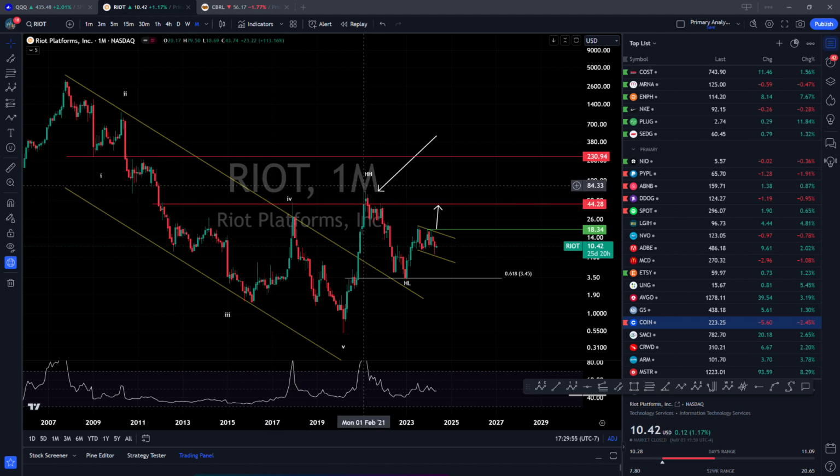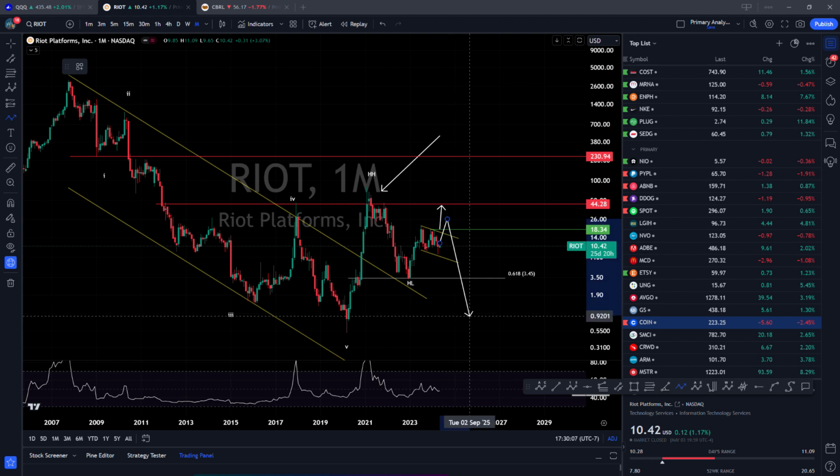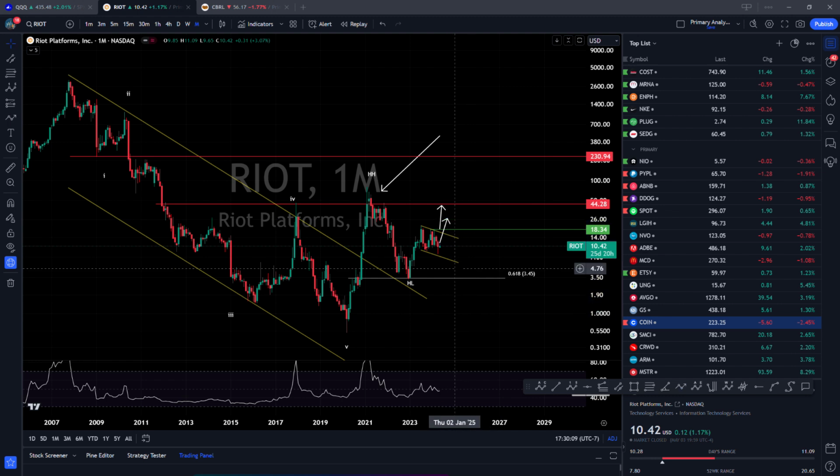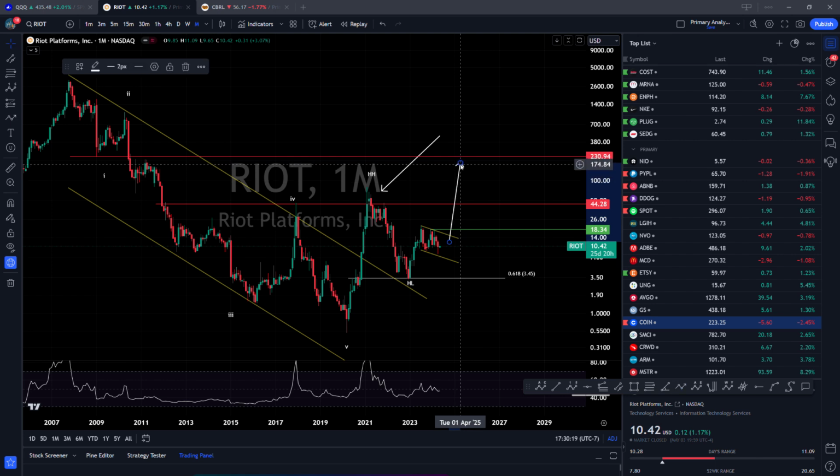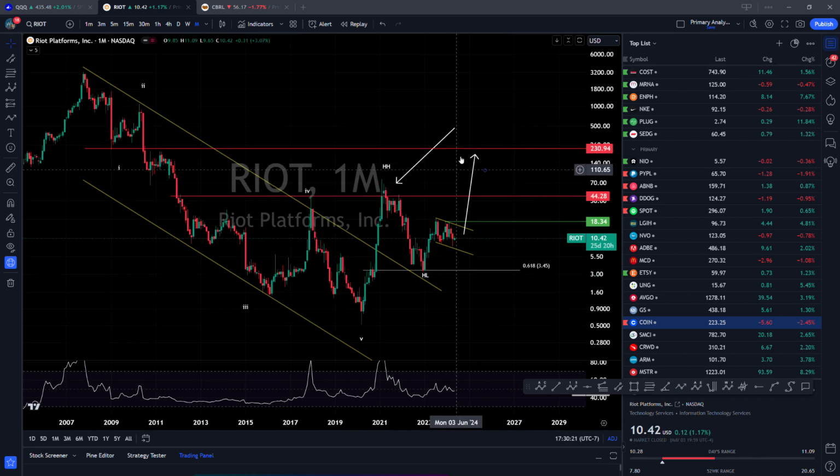We made a higher high here, and we made a higher low at 60%, and now we are kind of trying to either go up in a B wave and then dump, or this is the start of a new trend where higher high, higher low, and now the formation for the next one is coming to get into a much higher number.